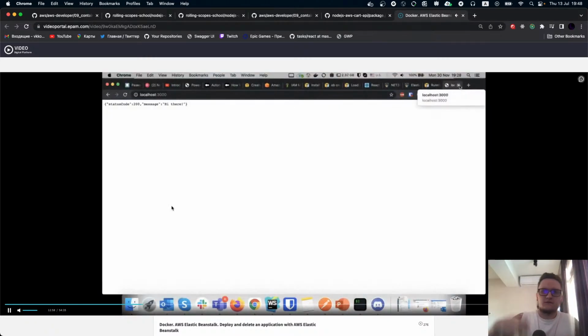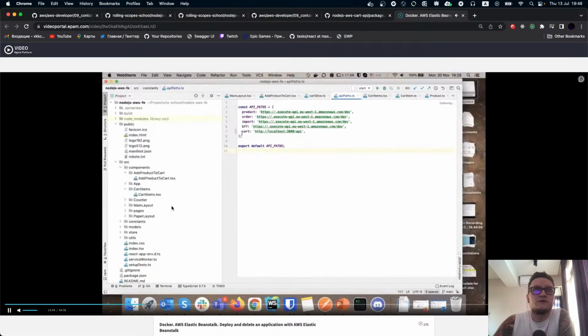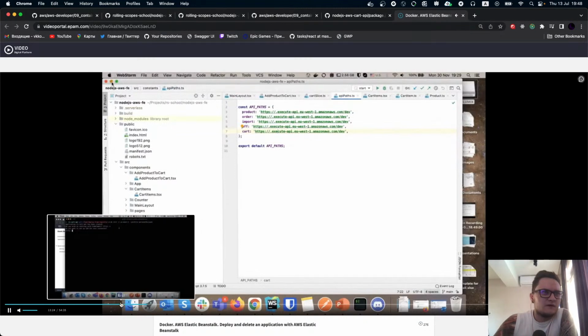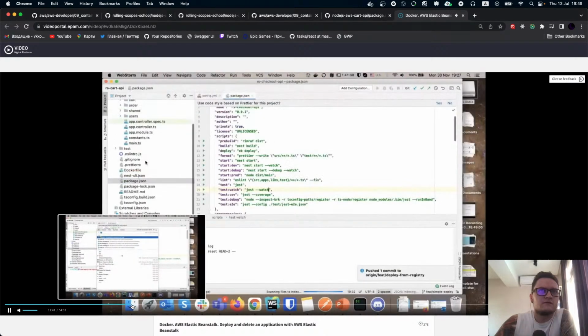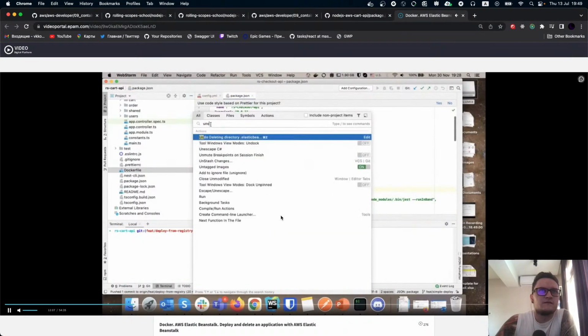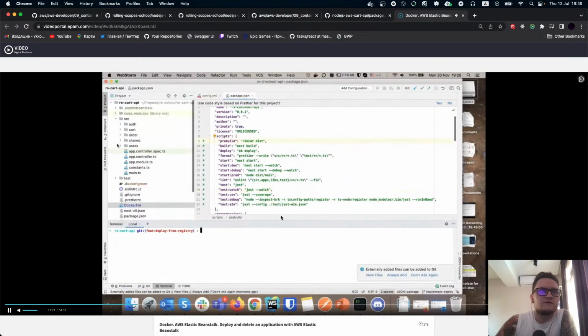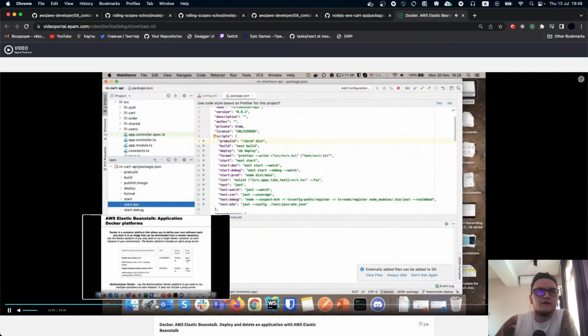So yeah, right now on the screen, he just ran our project, just checks that it works. He just ran the application. Did he build this one? Docker file. He used start dev here. He just started the server just to check that this one works. And when we done that,